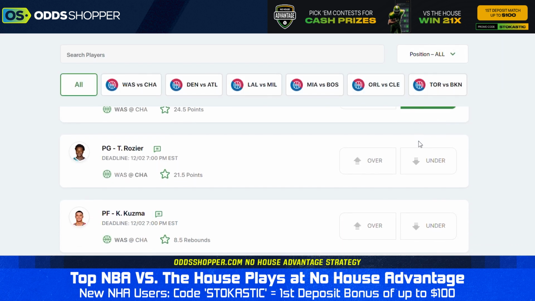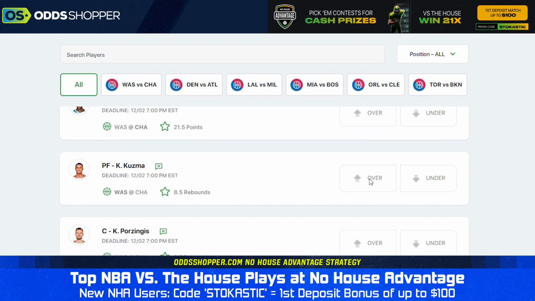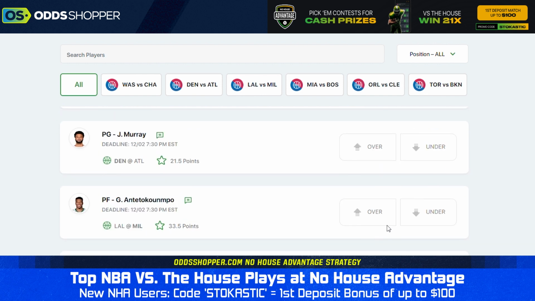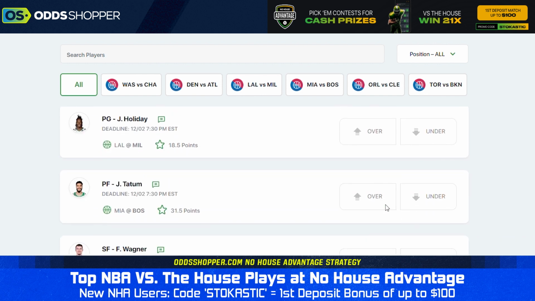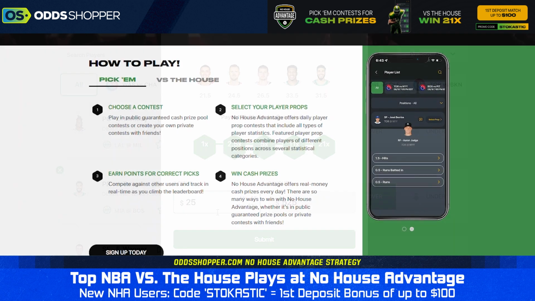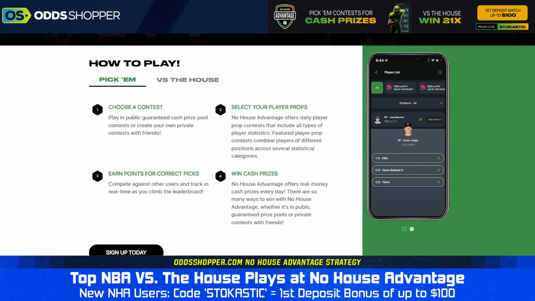And on no house advantage, you can put them together in your own parlay style ticket. You get different multiplier payouts depending on how big your ticket is. You can go from 2 up to 5 or 6 sometimes even. And you adjust the payouts depending on your level of certainty and how much risk you want to take. So no house advantage, bringing the heat there. Also have the pick'em contest, which is more of a DFS style thing. You're taking props, you're putting them in your own lineup, and then you're playing for other people for big prizes, basically, on the site.